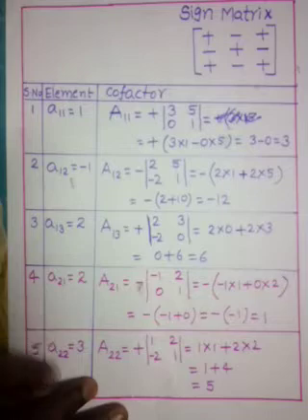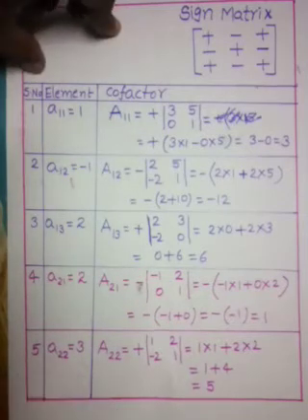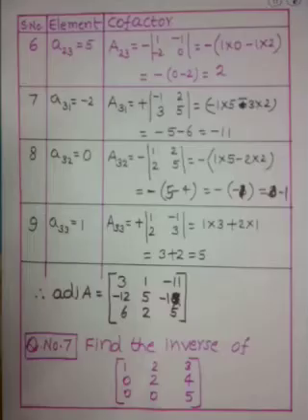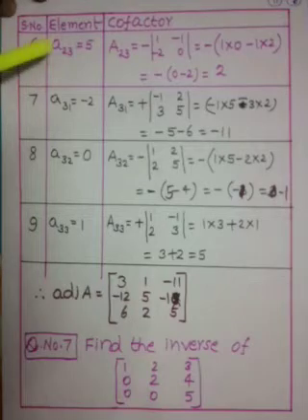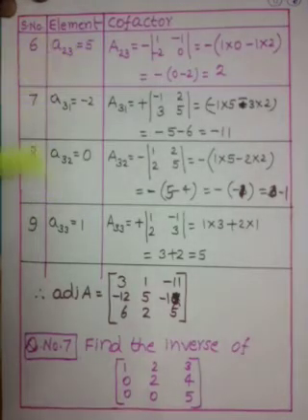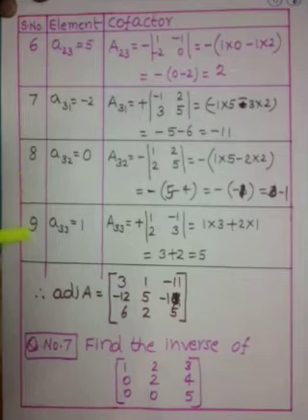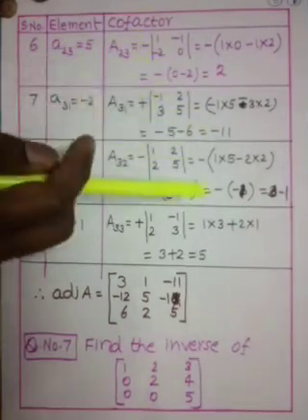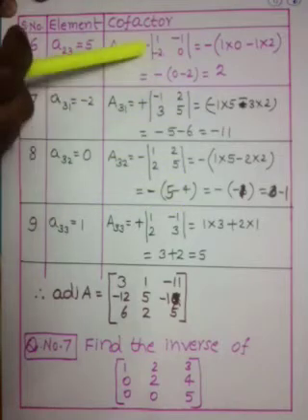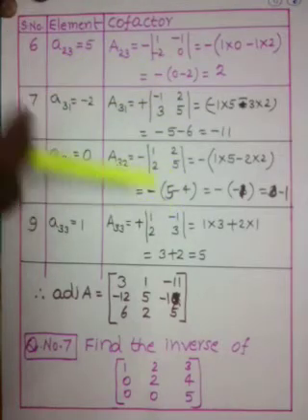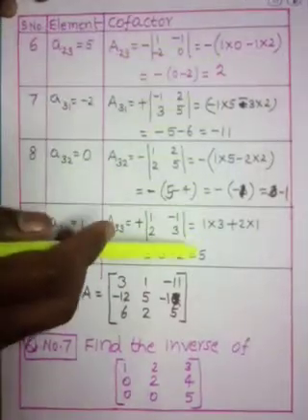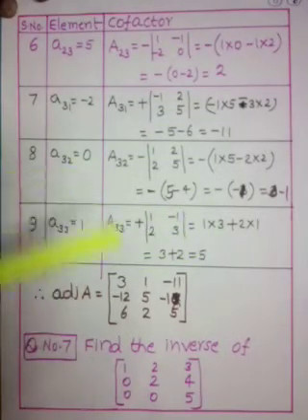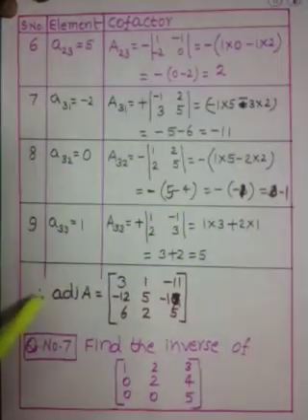See the cofactors of the remaining elements, my dear children. Here also I wrote the cofactors of the remaining elements, the 6th element, 7th, 8th and the 9th element. Okay, my dear children, I am following. We also follow the same procedure to find the cofactor of an element in a matrix. So we got here the cofactors of all 9 elements. Now we are going to